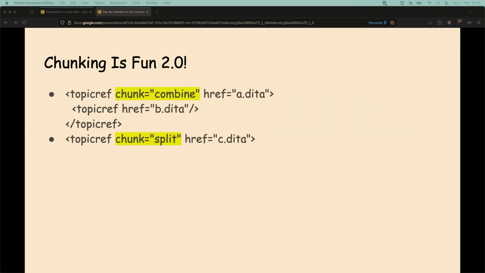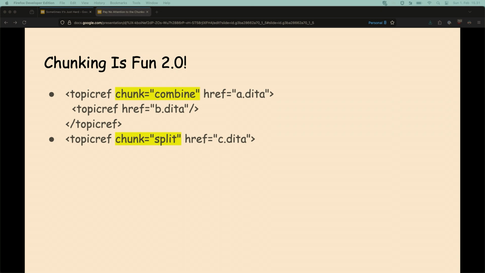It's just that they thought that the current token names were awful, or just not as good as they could be. So they renamed them into combine and split, which, I have to agree, are way better. They also sort of simplified chunking a bit, so that, for example, in a combine, you can't have nested chunks.